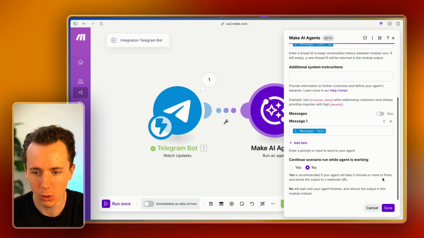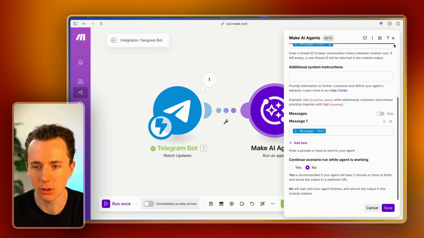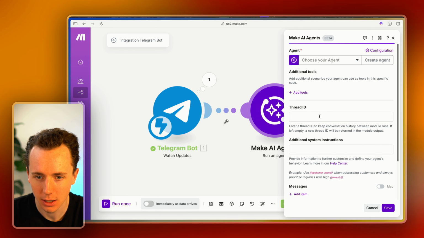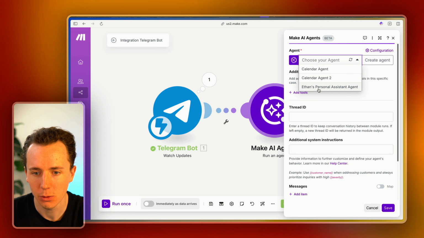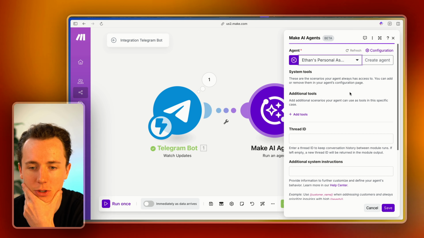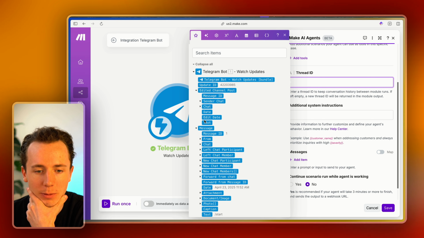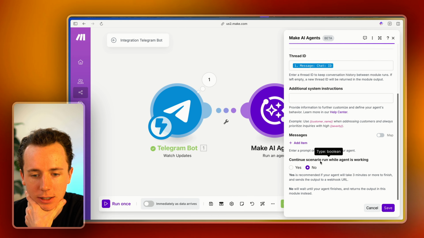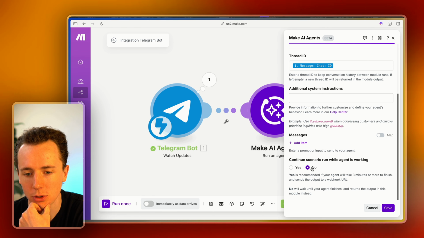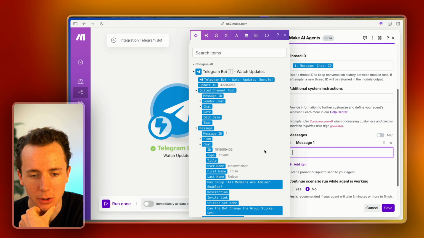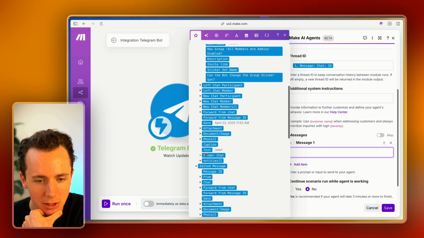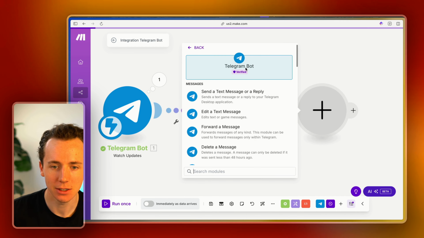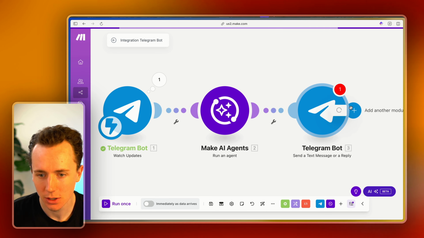And then we basically want to output back into Telegram. So now if I go here, let me make sure this saves correctly. Damn. Okay, that's why. We had to choose an agent up here because I didn't choose the agent. That's why it didn't work. Same thing, chat ID, message, chat ID. We're going to continue scenario while working an agent. We're going to click no there. And then we're going to put the message text here. Boom. Then we're going to output back into the Telegram bot, send a message, and it's going to be the